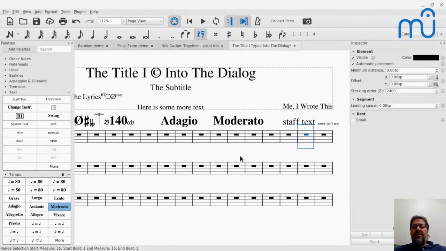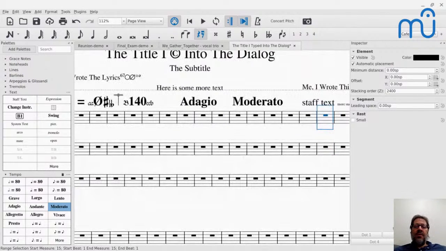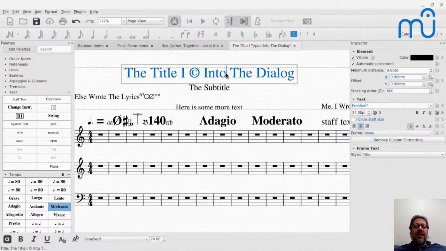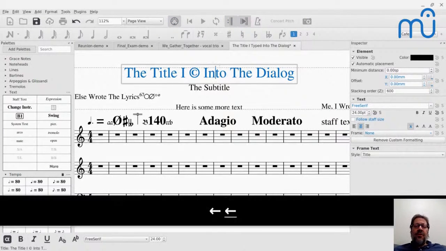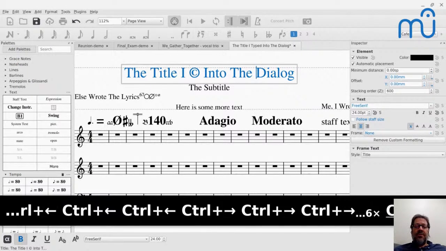So those are all things that are common to all kinds of text, just working with the text. By the way, while you're editing the text, let's go back to my title. We have implemented most of the standard word processor type shortcuts. So left and right arrows move to the left or to the right. Control left and right move a word at a time, just like in most word processors.